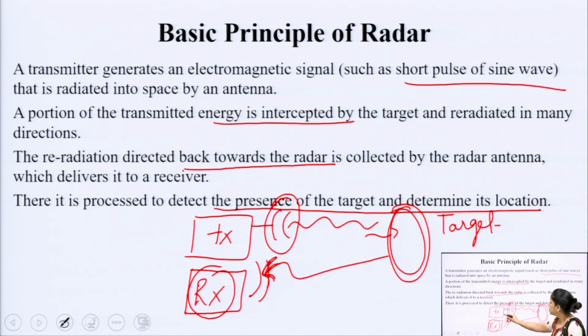So, what is happening? As per the impedance matching condition, since it is not matched, of course 100% of the radiation will not be intercepted by the target; some will be reflected. So, in this case also some signals will be reflected, and the radar contains another section, which is our receiver section, with a receiver antenna. That reflected signal is received and given to the receiver section for further processing, for detecting the presence of the target and determining its location.